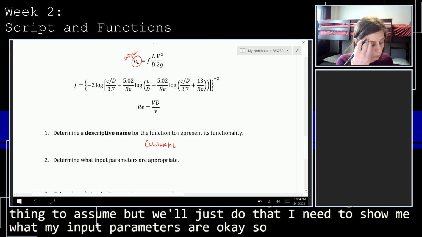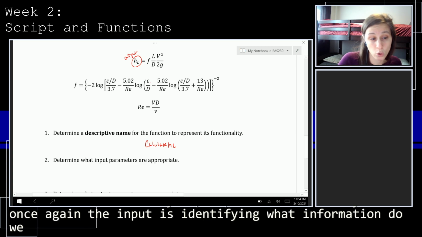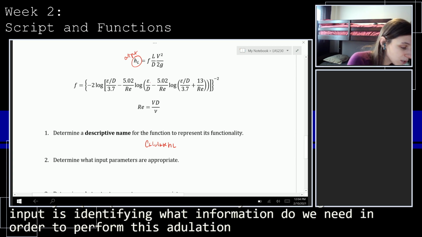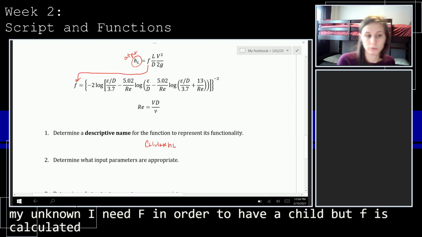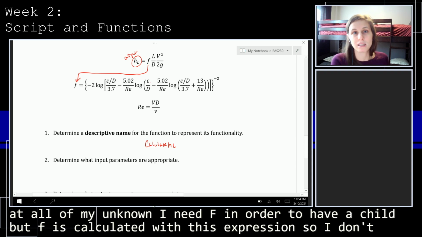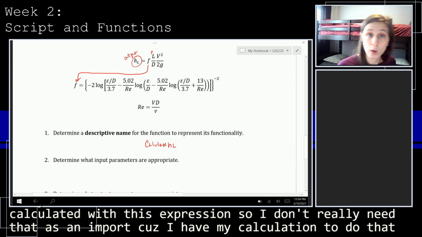Okay, so once again, the input is identifying what information do we need in order to perform these calculations. So I'm going to look at all of my unknowns. I need F in order to calculate HL, but F is calculated with this expression. So I don't really need that as an input because I have my calculation to do that. I need L. I don't have a calculation for that.